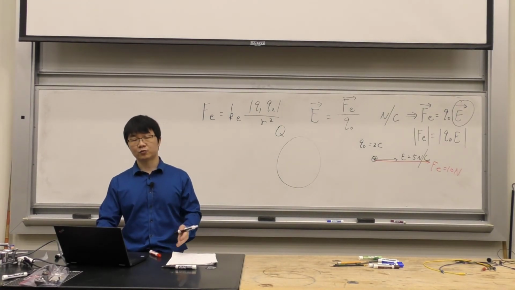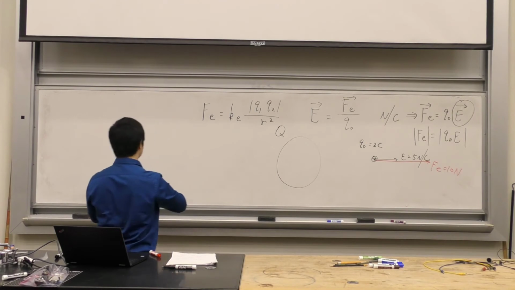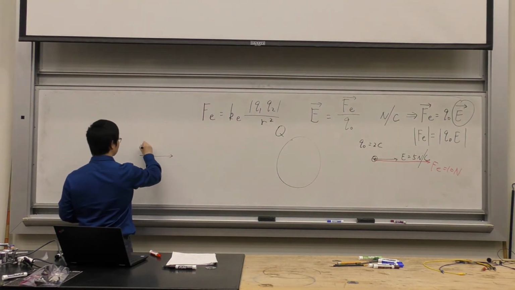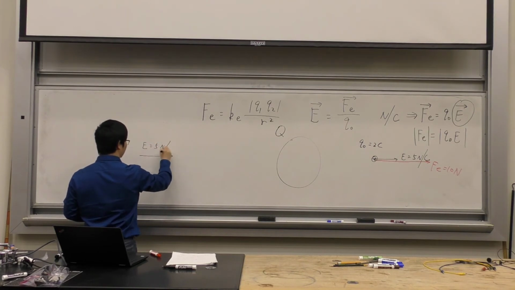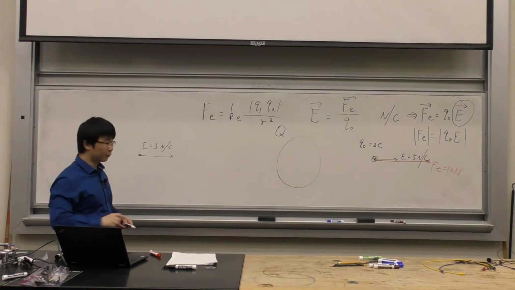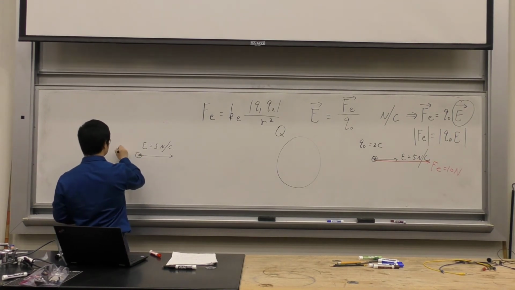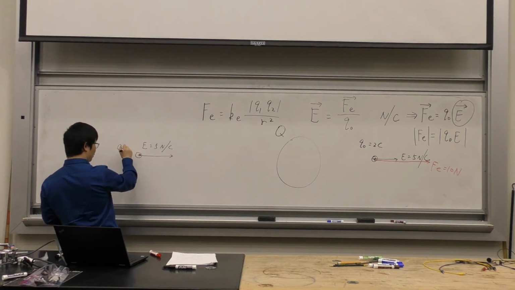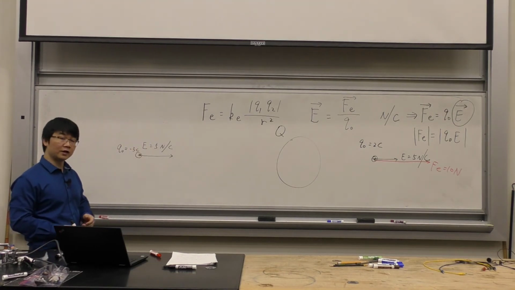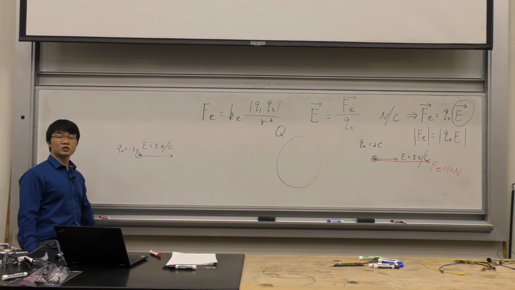What if the test charge you bring in is negative? I'm going to still use that. I've done some calculation. There's an electric field in this direction, 5 newtons per coulomb. The same electric field, the same point. What if I bring a charge? Now I'm going to put a charge, negative 3 coulombs here. What is the force on it? You would tell me, okay, force 15 newtons. What is the